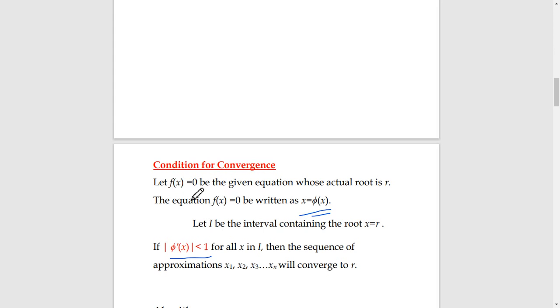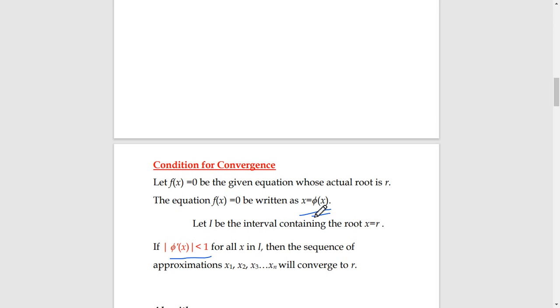Let f of x equal to 0 be the given equation whose actual root is R. The equation f of x equal to 0 can be written as x equal to phi of x. Now let I be the interval containing the root x equal to R. If mod phi dash of x is less than 1,